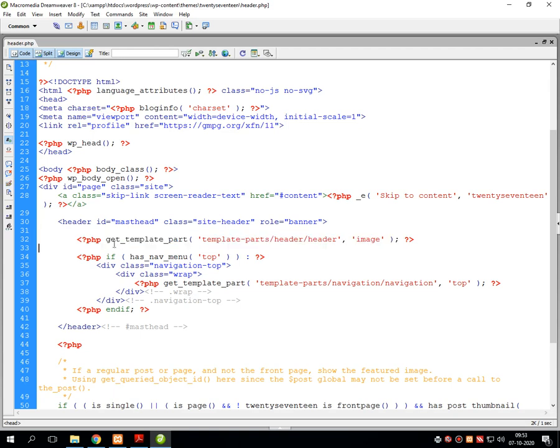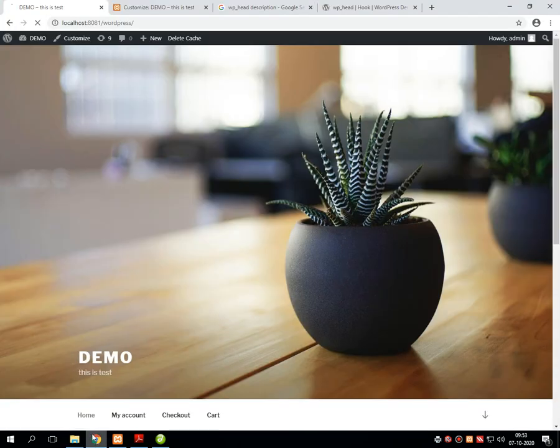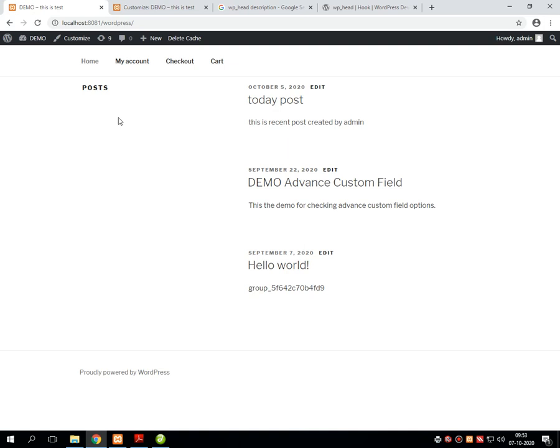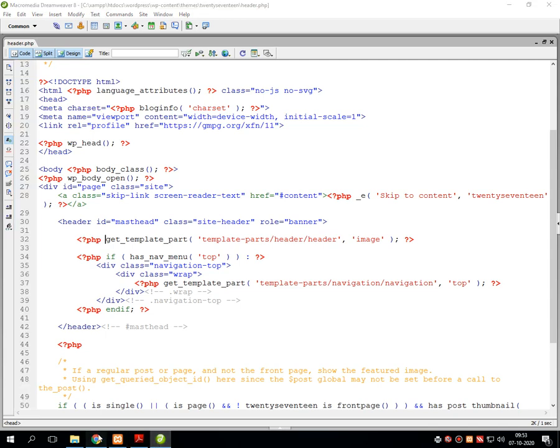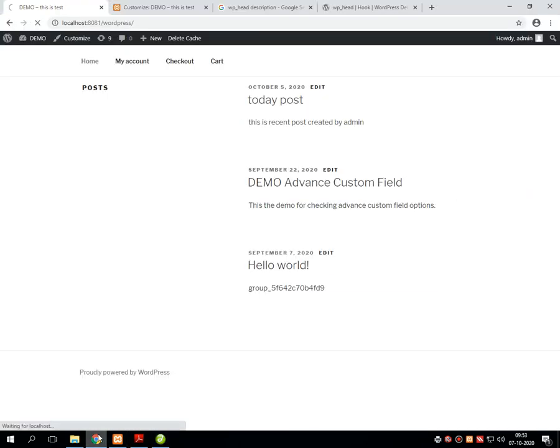Let me put it into the comments. Let's save the program and refresh the page. See, that image is removed from the header of the entire WordPress website. I'm rolling back the changes, saving the program and refreshing the page.